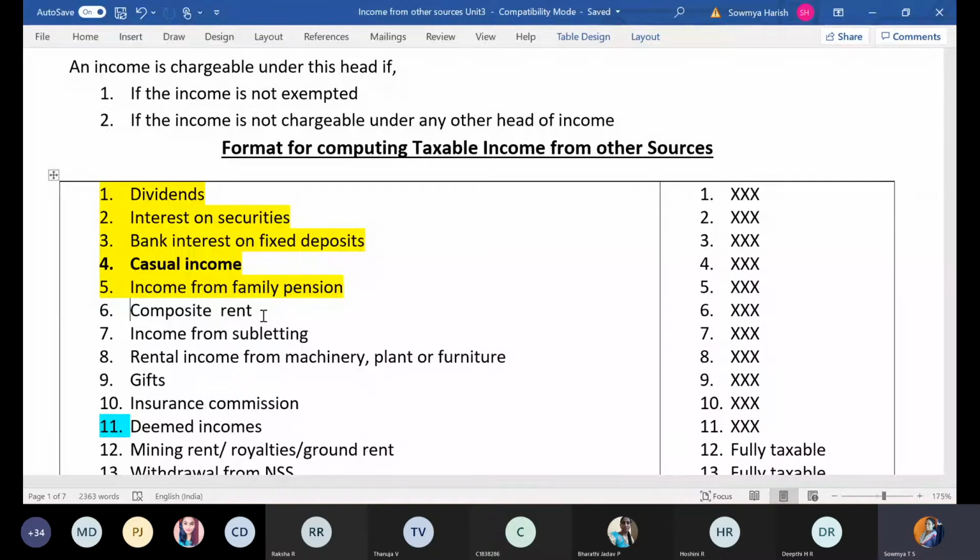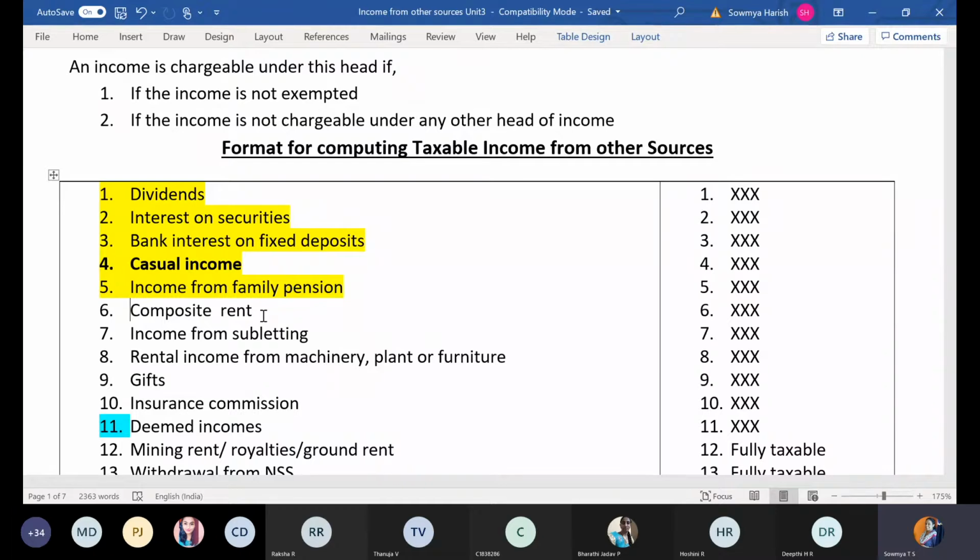See, along with the house, if you're also providing some other facilities, usage of some facilities, then you'll be charging for the facilities that have been used by your tenant as well. So the charge for the facilities and the rent for the house, both put together, is called composite rent. Okay, if you are charging only rent for the house, it is rental income. You will take it under the head income from house property.